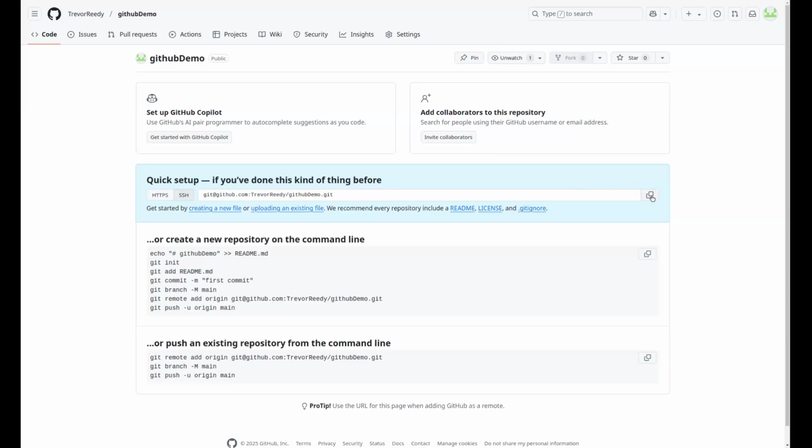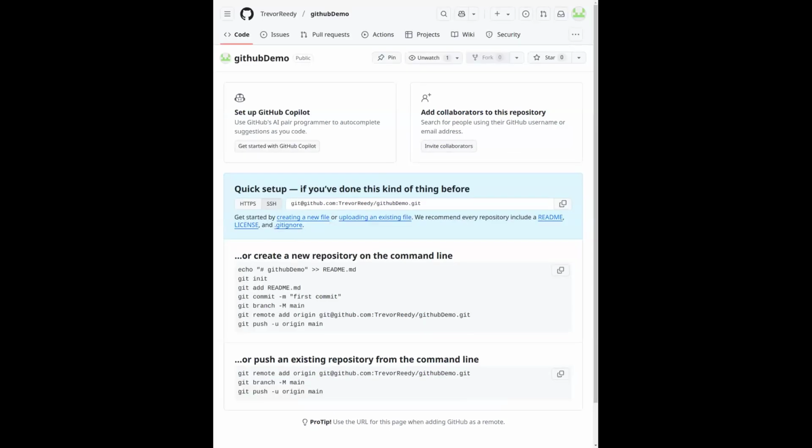And the only thing you need to know right now is to copy this as SSH. You do not want the HTTPS. You'll run into some issues there. But since we have our SSH keys set up, we can use this and it'll be nice and simple and smooth.